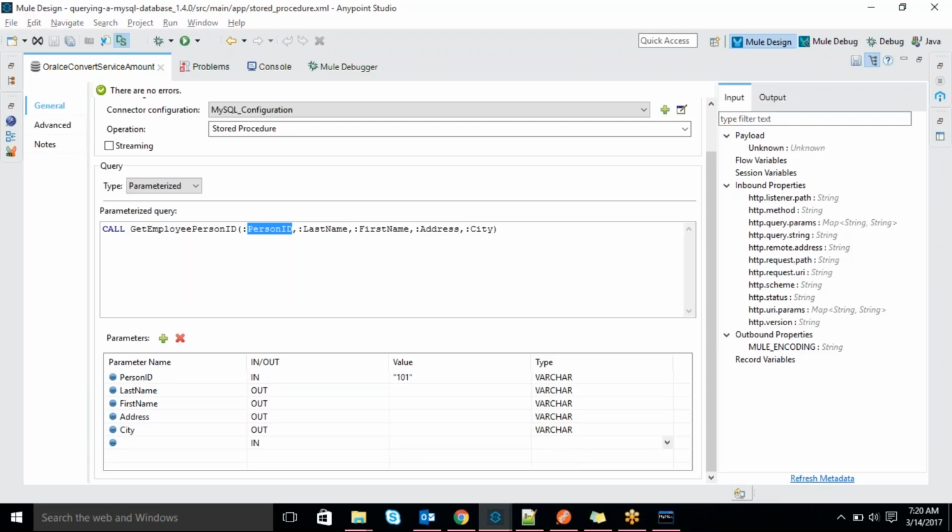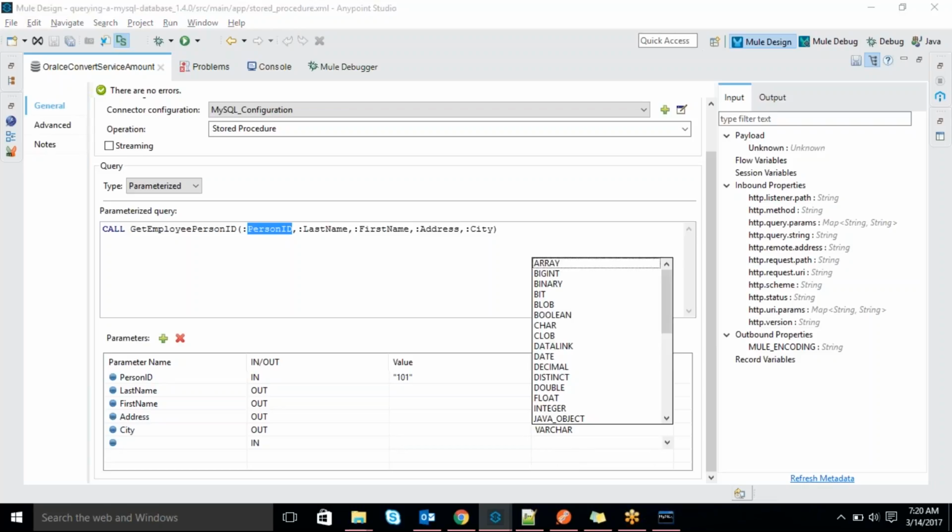What type of data is it? You are going to enter some parameter, so that is what type it is. Whatever type you mentioned in the database, the same type you have to choose. Almost all data types are there here. So in the drop down itself, you have to choose the type: either integer, character, or boolean, or, suppose if it is images, like BLOB, binary large object, CLOB, character large object.